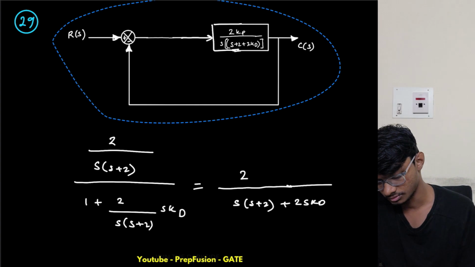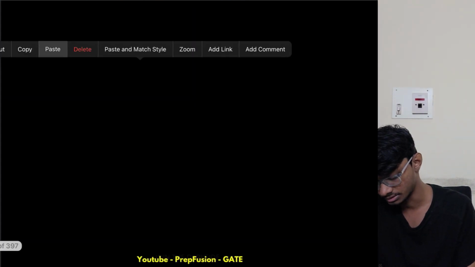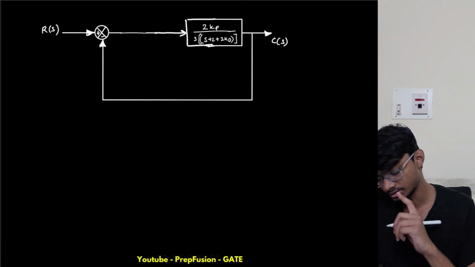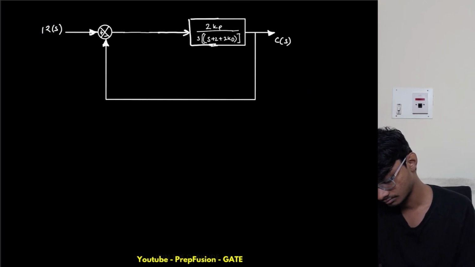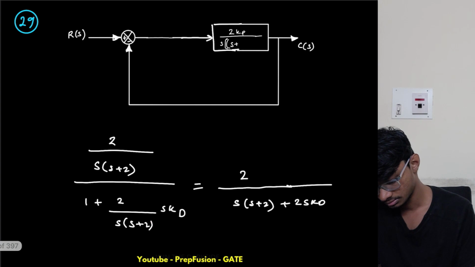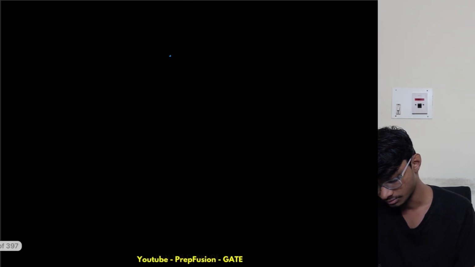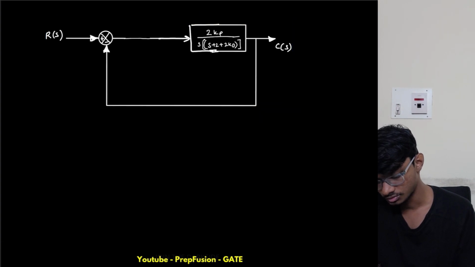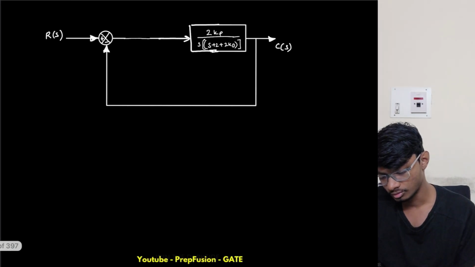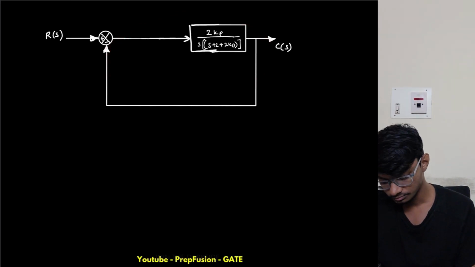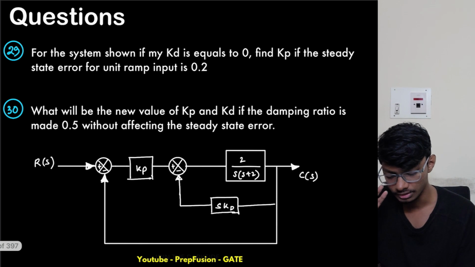Let me copy this one and paste it over here, because a student who reads the notes will not understand what happened. I can't even go back, so I need to cut this and put it like this, then paste over here. Now I think students will understand how I changed the block diagram. So this is the modified block diagram, and for this one they have given me the steady state error